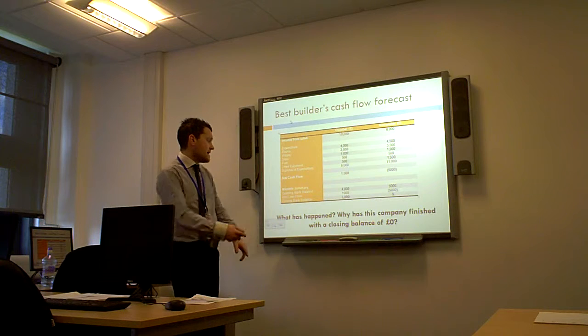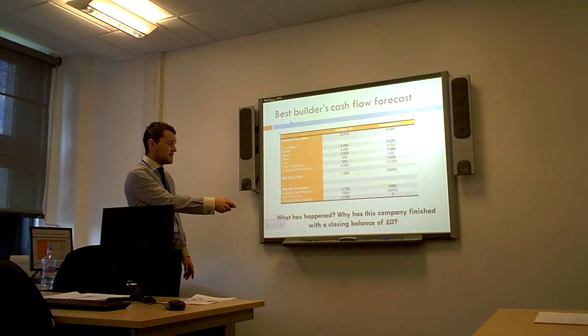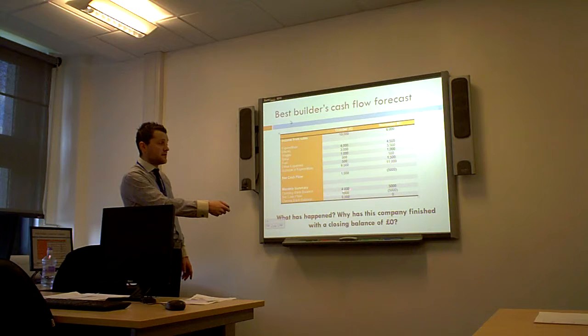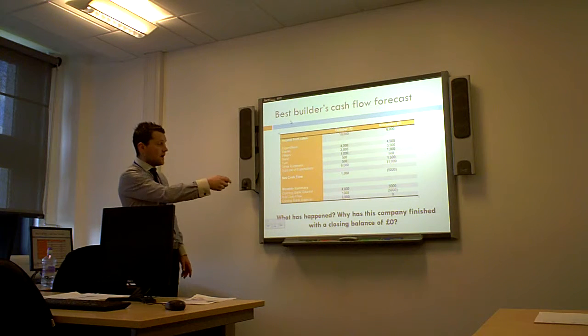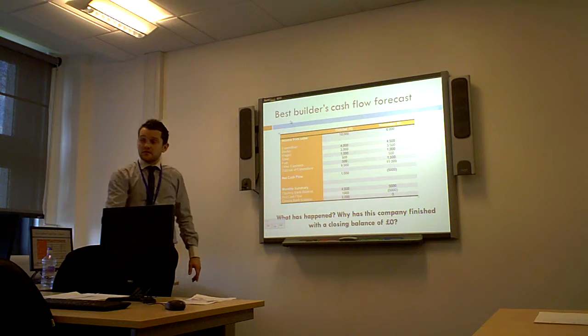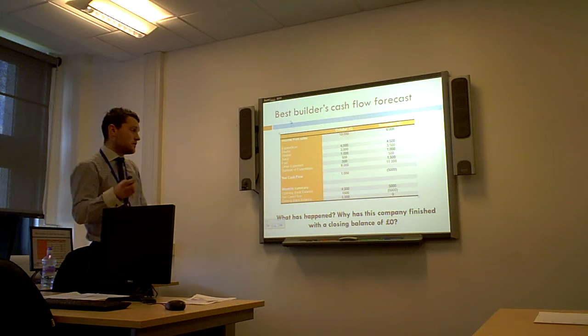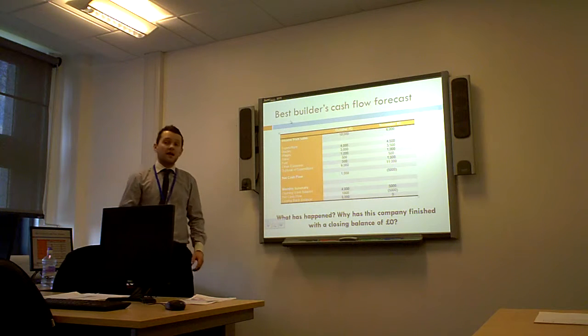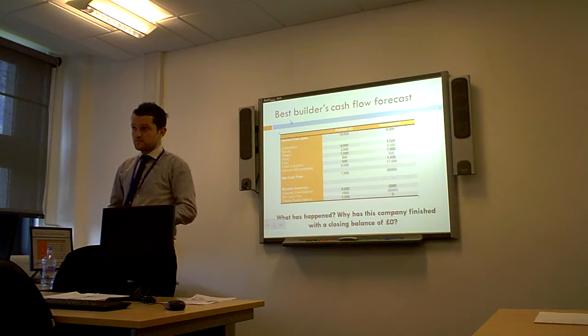So what you can see here is we started off with £4,000. That's what this is saying. The opening bank balance is £4,000 in October. Our net cash flow is 1,000 because we made 10,000, we paid 9,000. So your closing bank balance, this is worth writing down, the equation for closing bank balance is your opening bank balance plus net cash flow.